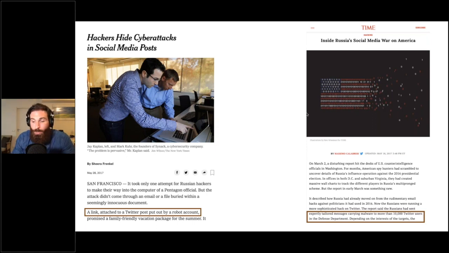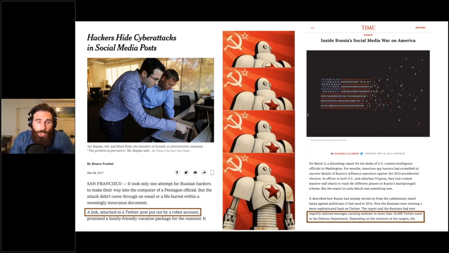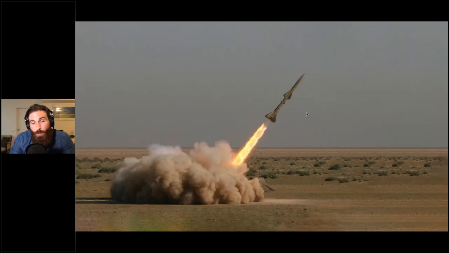This is classic digital cyber espionage. And so this brings into question some of these ideas about Russian automation and Russian bots, but not in the context of just spreading information or disinformation, but rather actually being much more of a traditional form of weaponry.